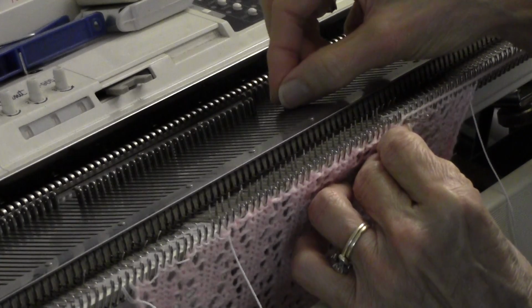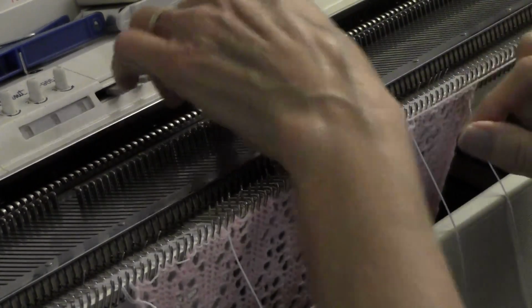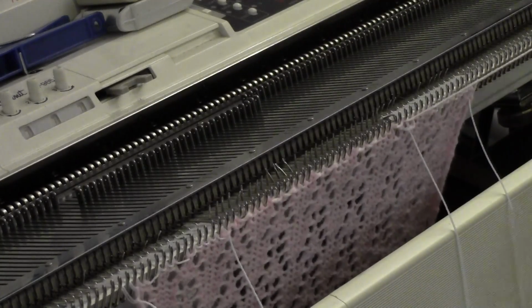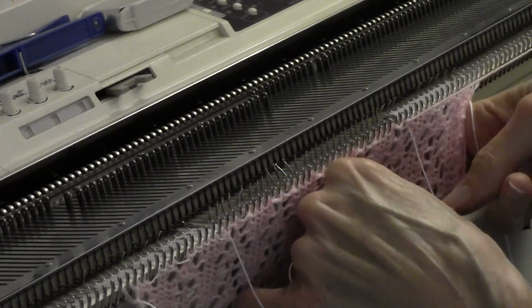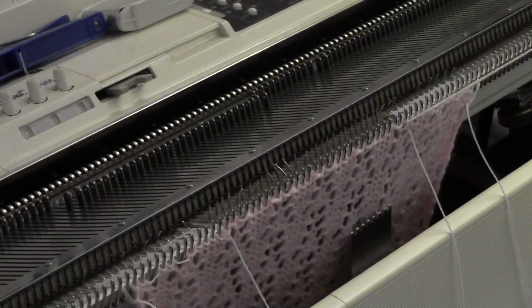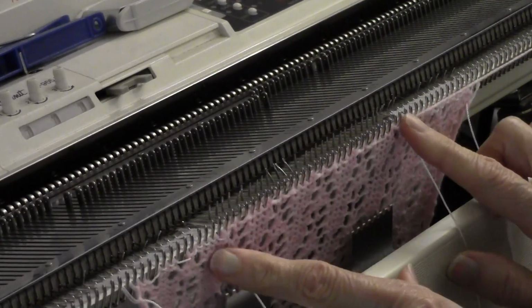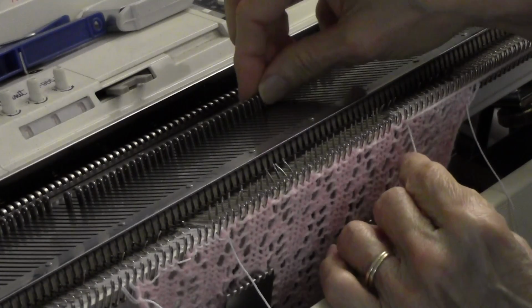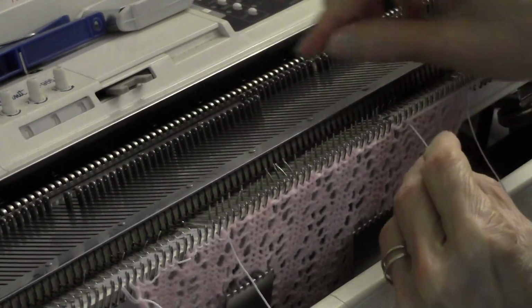Now this particular stitch didn't knit through. I'm going to fix that. And in fact, the reason that it didn't knit through was you get to the point where you need to add a little bit of weight. So I'm adding it a couple of inches down, but underneath the area where the decrease is happening. And I'm going to take one more stitch on the carriage side,